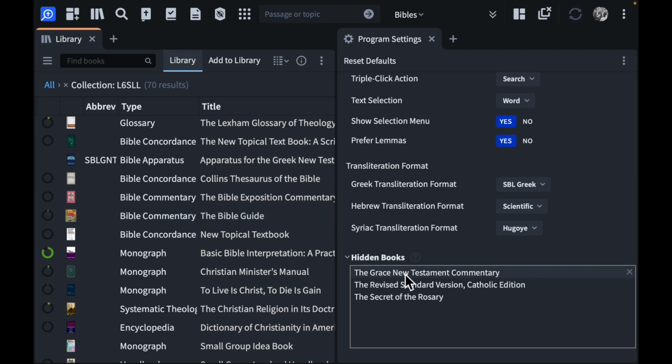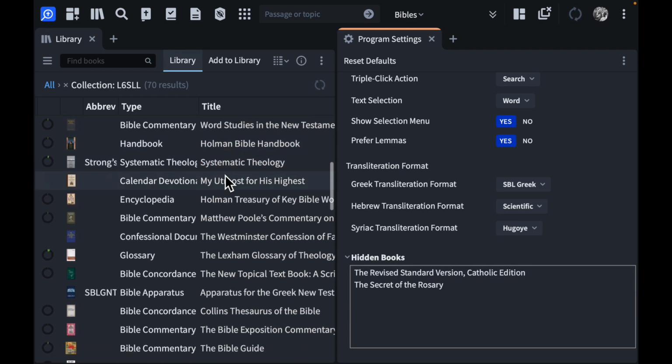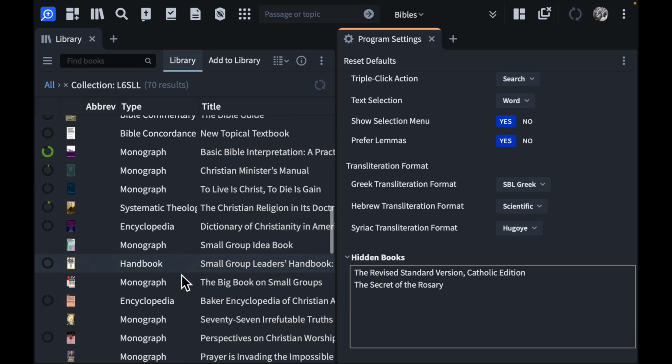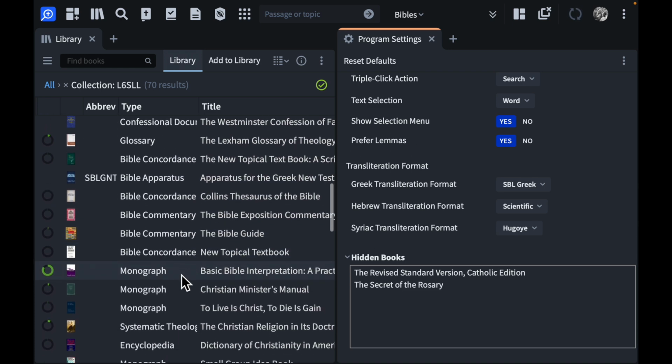Now, I want to remember that this is here. I want to be mindful and be like, oh, if I want to read a different perspective on this passage, this is a great place to go. And it's not that everything in it is bad. So I still have it. I could just simply unselect it, and it'll pop back up in my library once it loads, and then it'll be there again. So I'd recommend putting the Grace New Testament Commentary somewhere where it's not going to be a